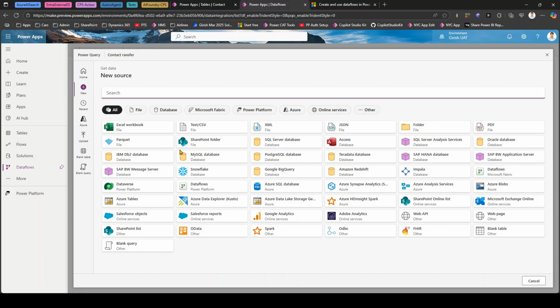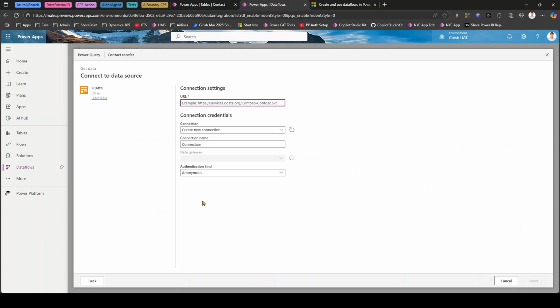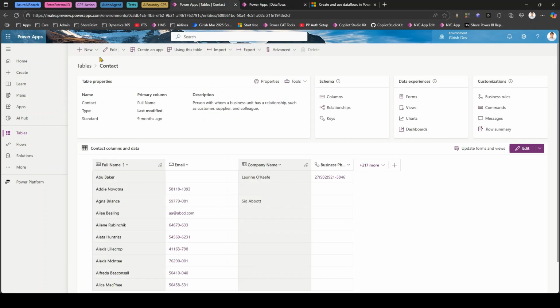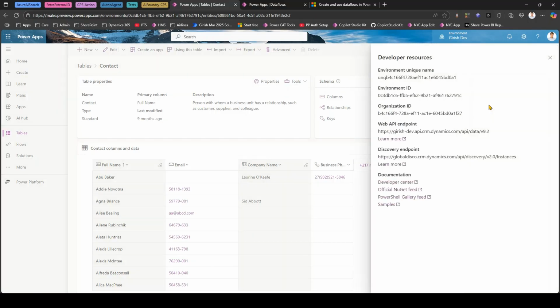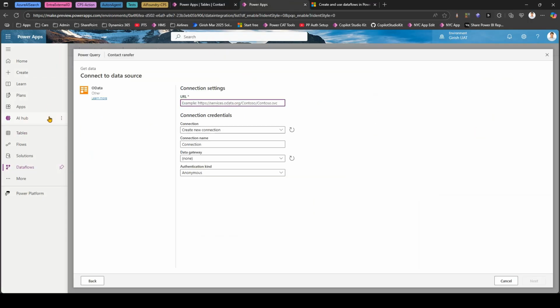Now, as we copied the Web API endpoint, we are not going to select Web API from here. We are going to make use of something called OData. So if I click on OData over here, I'm going to paste that URL which I copied. Now remember, the URL which you have copied should come from the dev environment, because we are pointing to the items from the dev environment. So go to developer resources, copy this web API endpoint, and in the UAT, where you're creating a data flow,